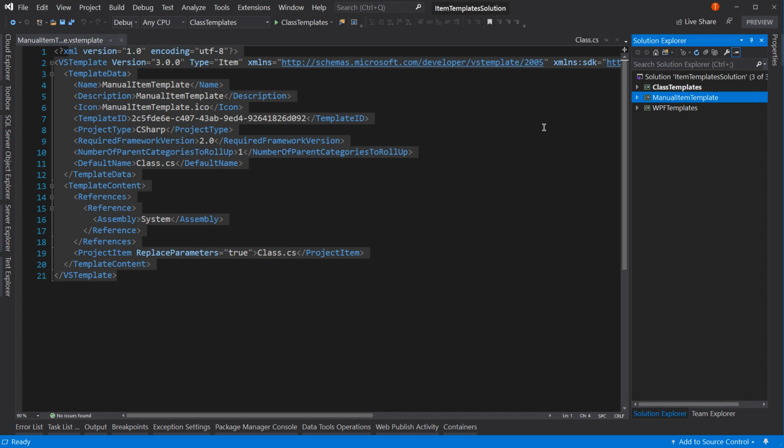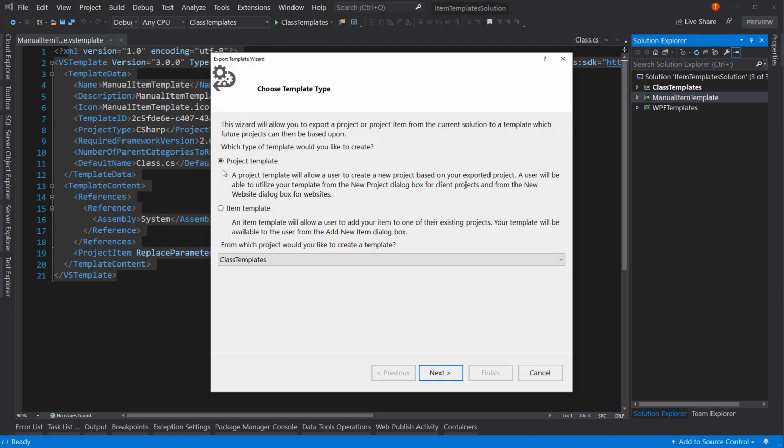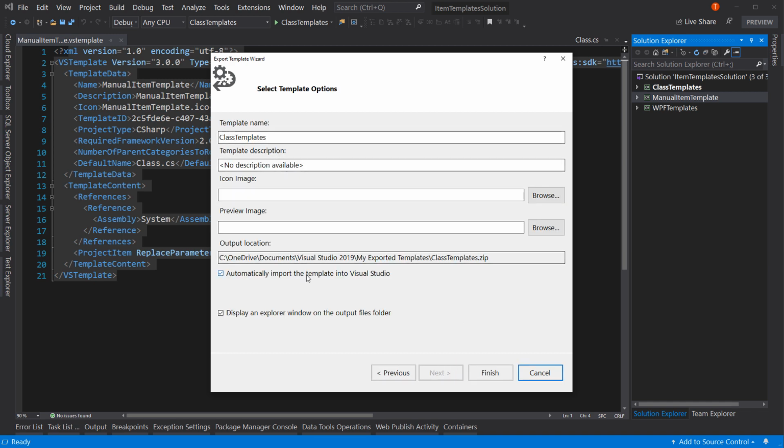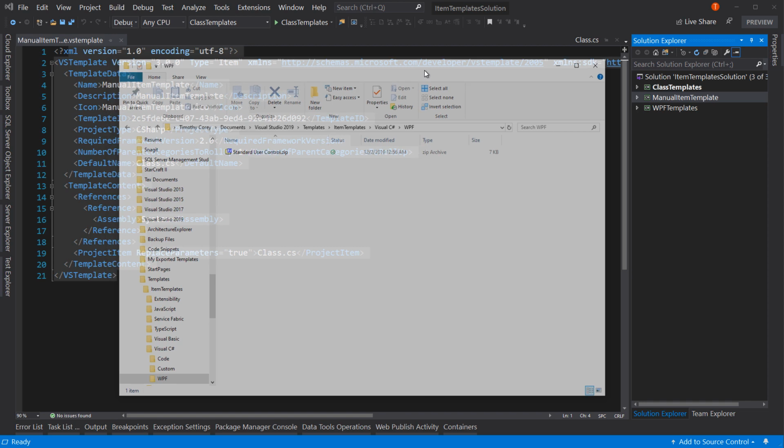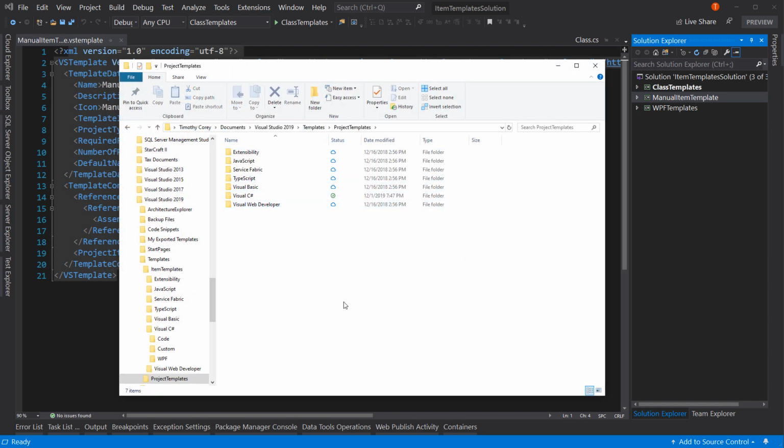I just covered item templates, but if you notice, if I say project export template, let's hit yes for saving. Notice project templates. You can select this and hit next and fill this in. It looks very, very similar. It will create a similar class template.zip file, which tells you it goes in the templates project templates folder. And yes, it does. And if you're using Visual Studio 2017 or earlier, that works great. You just do that, and it shows up just like your item templates, but it's a project template and it